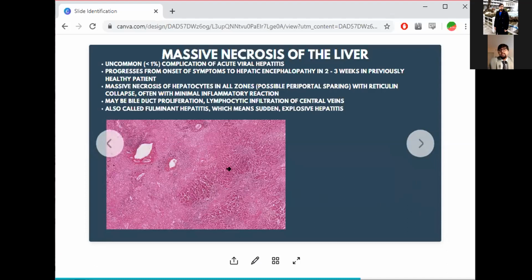Now, if you look at these structures in the center with the darker pink, these are normal hepatocytes. One thing you must know about the liver is that it is a highly regenerative organ. It has a very good capacity for regeneration. For example, if I take a patient and remove 2/3 of their liver, within a few months, that entire liver will have regenerated back to normal, which is the reason why patients can donate their left lobe. When they donate the left lobe, the liver can regenerate very quickly.